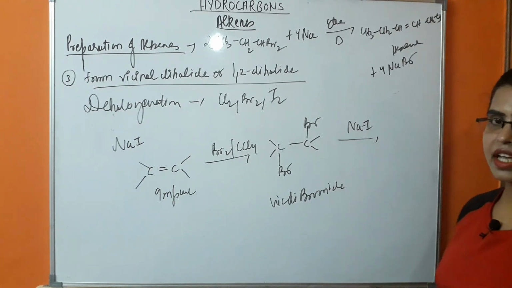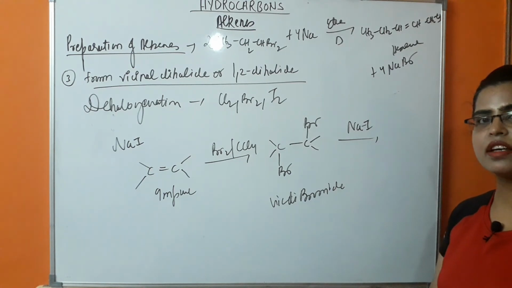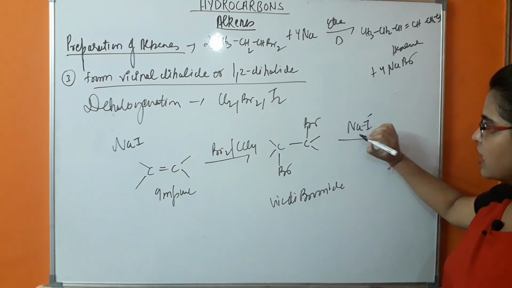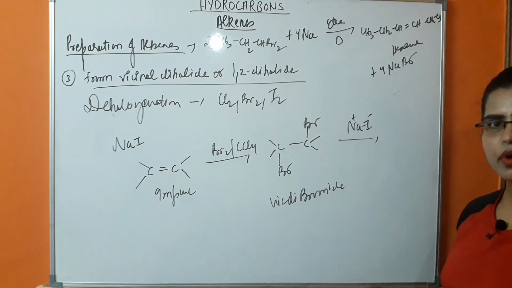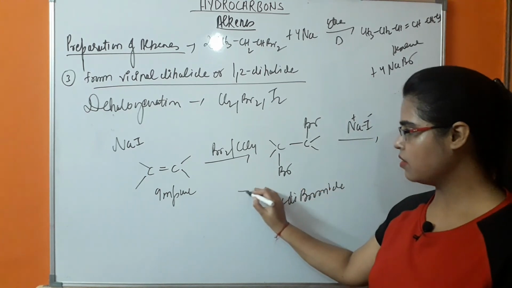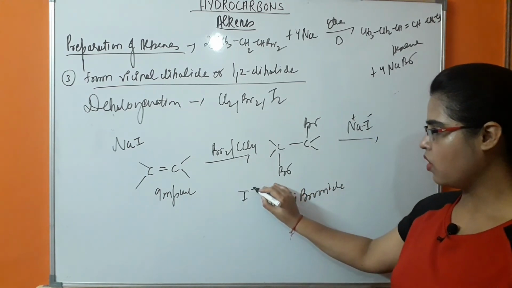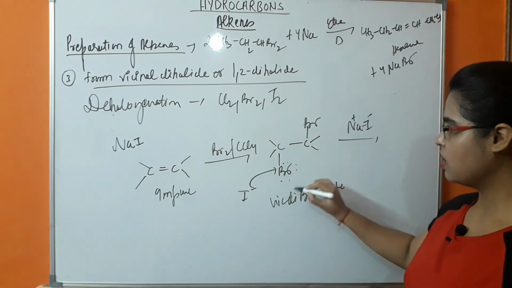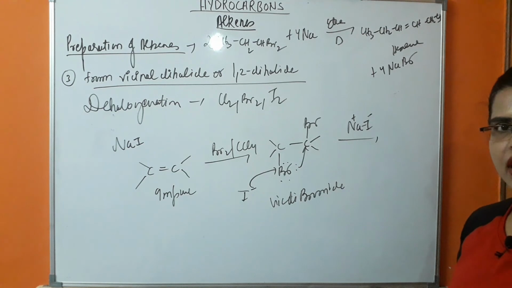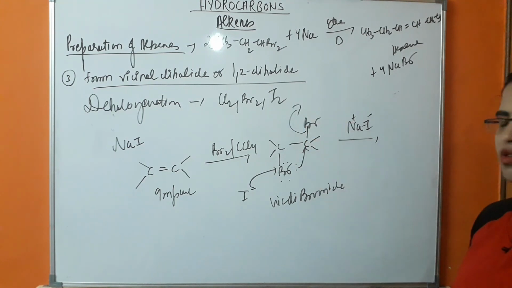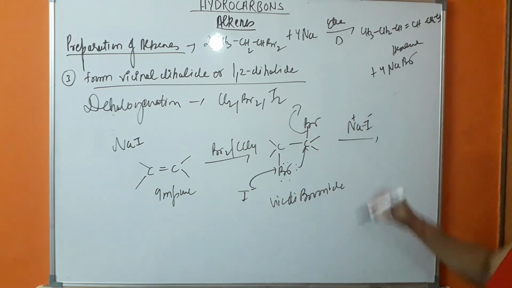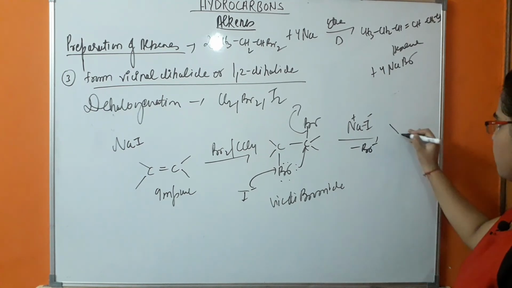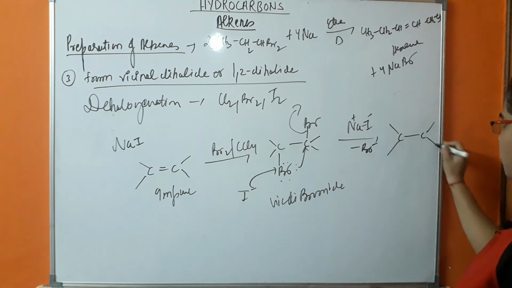This bond, the NaI bond, is electrovalent. It means there is separation of charges, due to which the iodine will have a negative charge and sodium will have a positive charge. This iodine will attack this bromine, and the lone pair of bromine will be donated to this carbon, due to which this bromine will be removed as Br minus. So what will happen in this case? Br minus will be released. There will be a cyclic state formed.